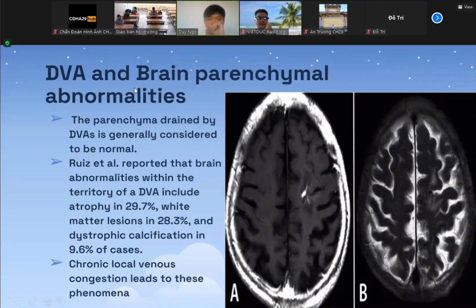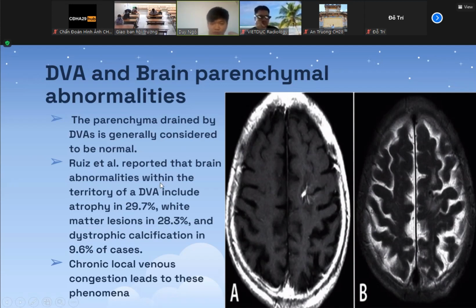Okay, how about the DVA? We already know that the DVA is just an anatomic variation, a kind of vascular abnormality only. They do not affect the surrounding brain parenchyma. But sometimes it can happen. The parenchyma drained by DVA is generally considered to be normal, but in a report